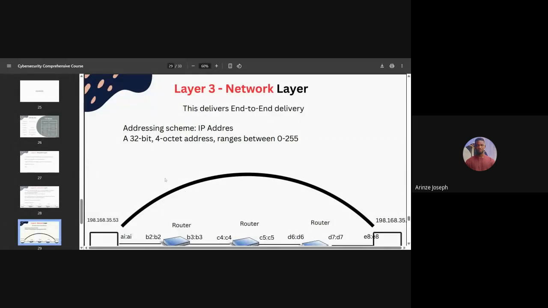How this functions is that maybe there's a computer whose IP address is 198.168.35.53, and it is sending a message to another computer whose IP address is 198.168.35.56. How does this message get to the final destination, considering that they are not on the same